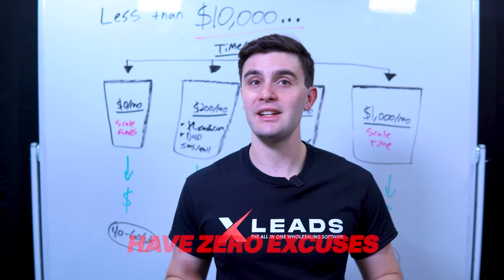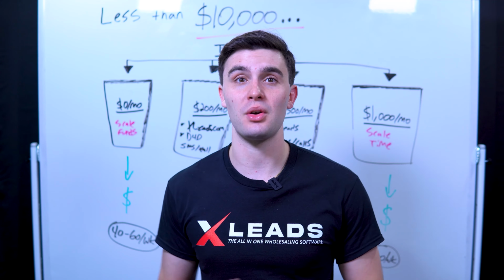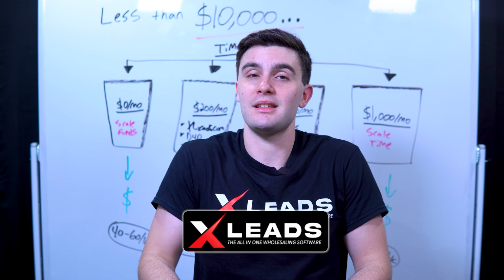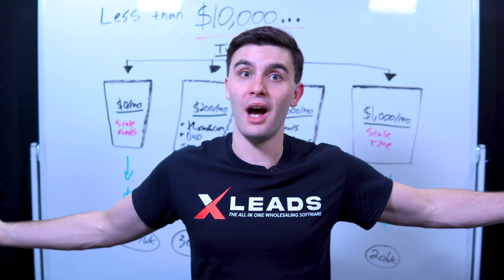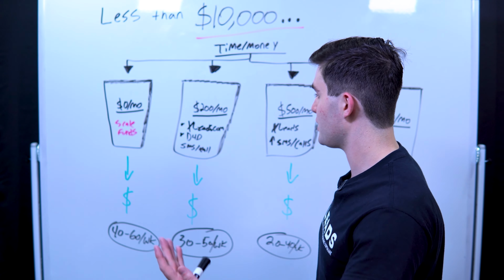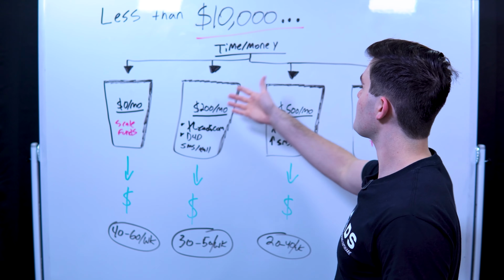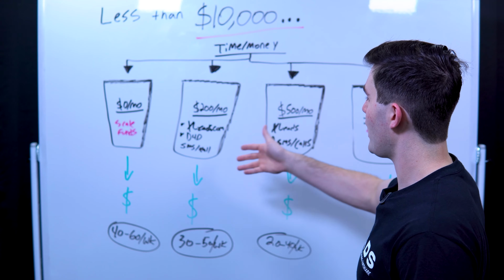But the cool part is when you have no money, you literally have zero excuses. If you want to say, Zach, I don't want to spend 20, 30, 40 hours a week skip tracing properties, I got a full-time job and kids. Sure, get X leads. Get free unlimited skip tracing. Duh, $49 a month. You want your e-signing? You're in a non-disclosure state, but like, you have no excuse. When you keep growing and growing and growing, you're going to have way more success.